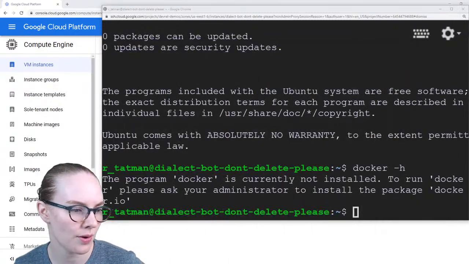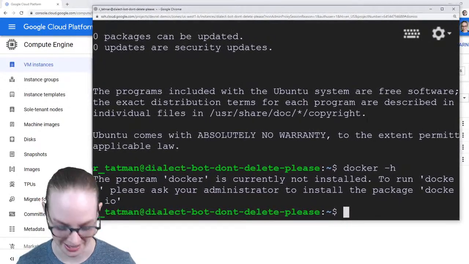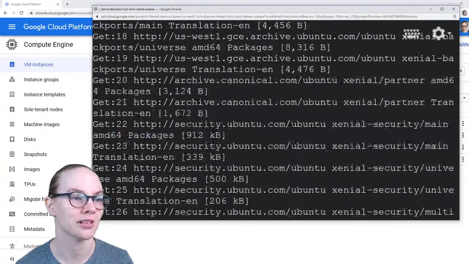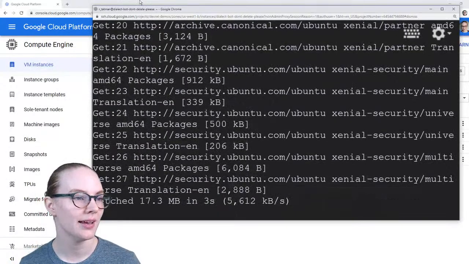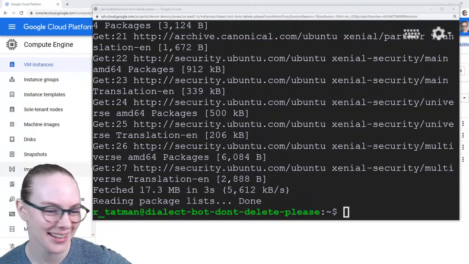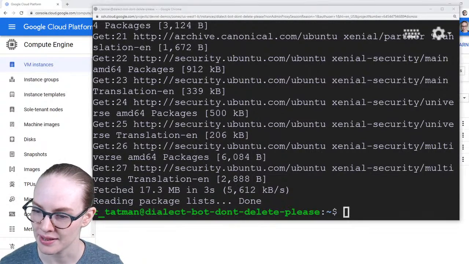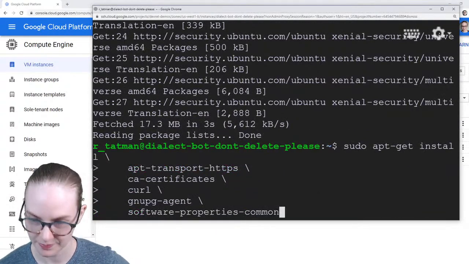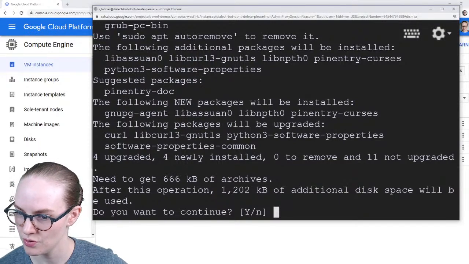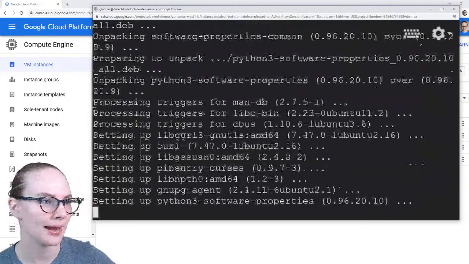Okay, so first we're going to do sudo apt-get update. God, it's nice to be on Linux again. To be clear, this computer continues to be a Windows computer, but this VM is Linux. I don't have to remember the PowerShell stuff. All right, and then a big old one that installs a bunch of stuff. After this operation, 1.2 kilobytes of additional disk space will be used. Yeah, go nuts. We've got plenty.